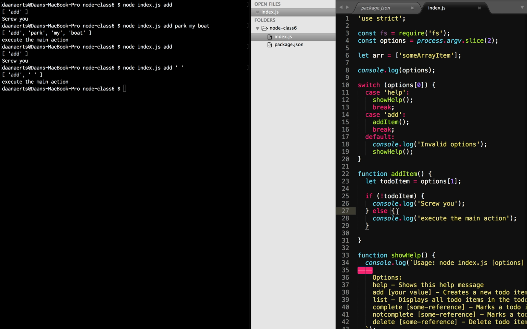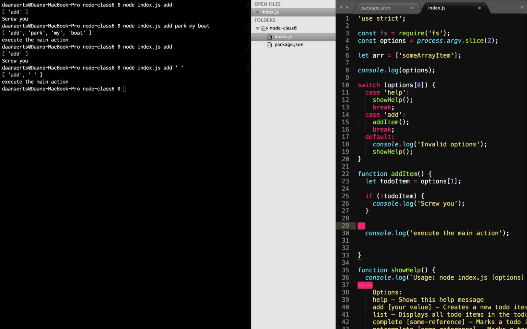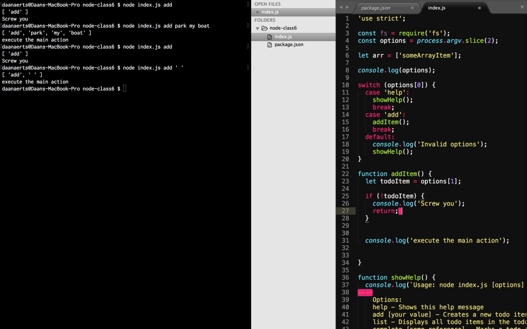So the if-else is great. How I really love coding is that with the else, you're already deep into some logic, and I like just having a logic block and then executing the rest. So I just usually do return. Return means stop any further execution, and in this case the function, when you run it, has a return value of,